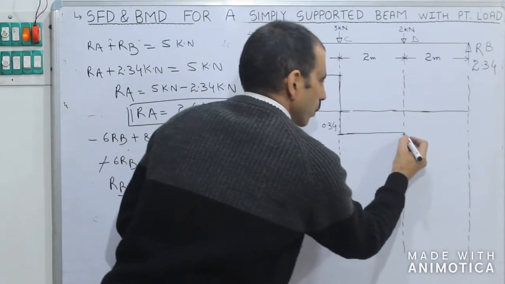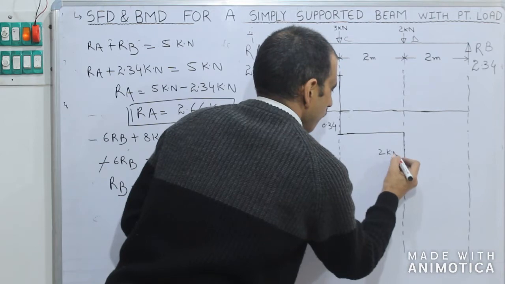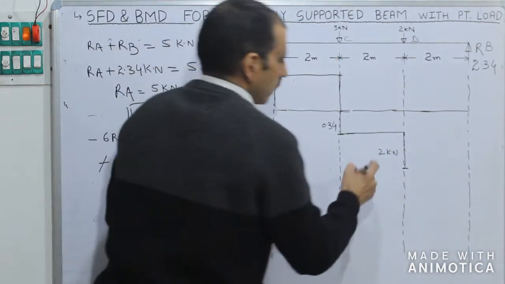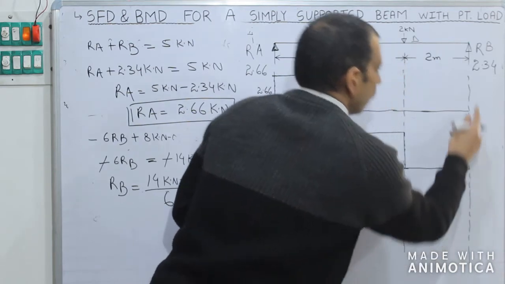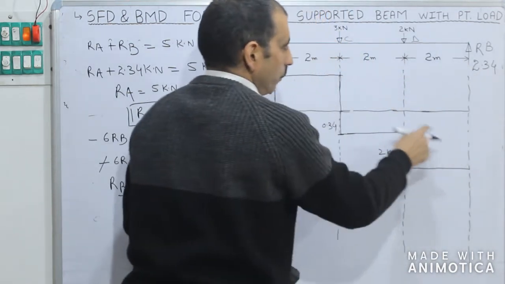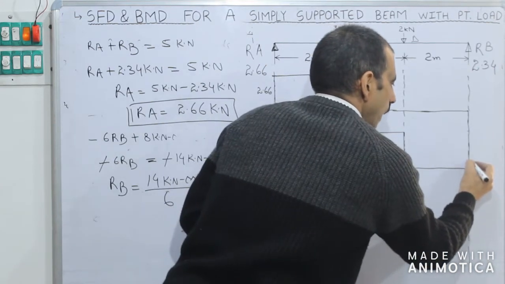Again downwards 2 kilonewton. Right? Straight. What is the upward direction? 2.34. Automatically here comes 2.34. Upward direction is